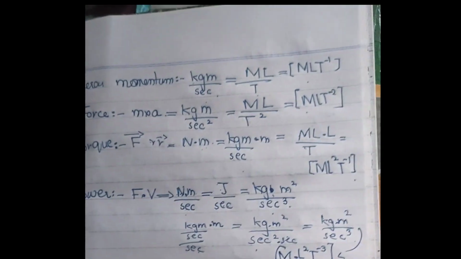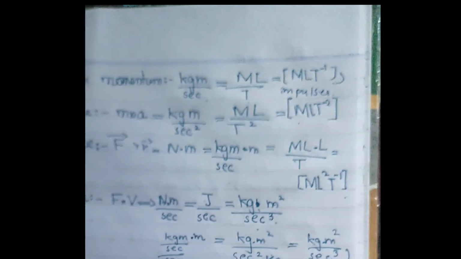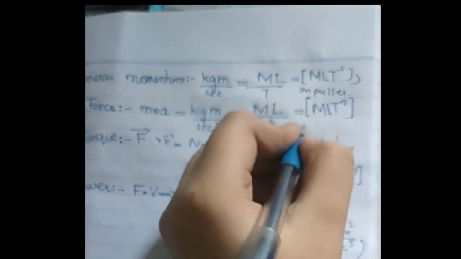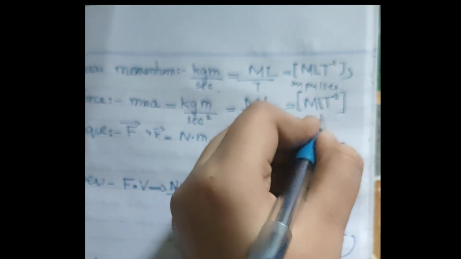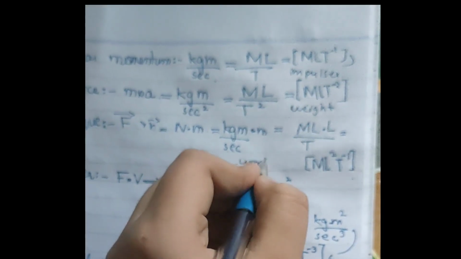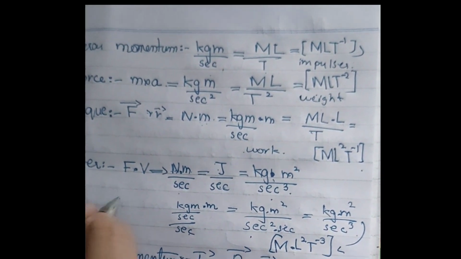Linear momentum dimension is the same as impulse. Force dimension is the same as weight. Torque dimension is the same as work or different forms of energy. Power dimension is the same as